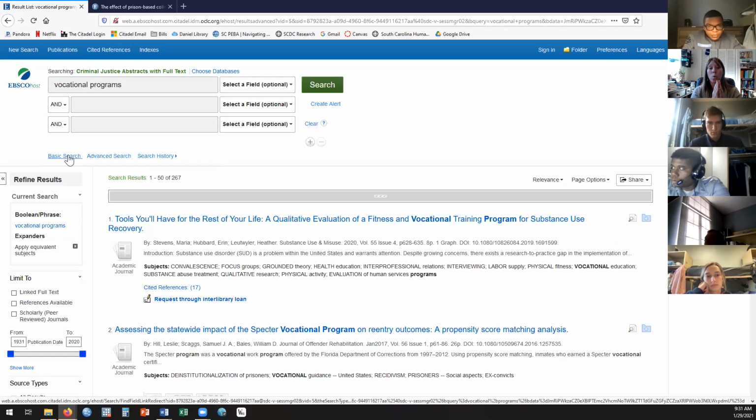The term you want is vocational programs. We're going to focus on vocation as a whole. When researchers study these, they don't look at just welding versus computer technology versus whatever. They just look at vocational as a whole. The only issue we have with the literature sometimes is that occasionally a prison will have a vocational program and a straight up education program, and they'll combine the two. But you should be able to find just vocational programs right here.